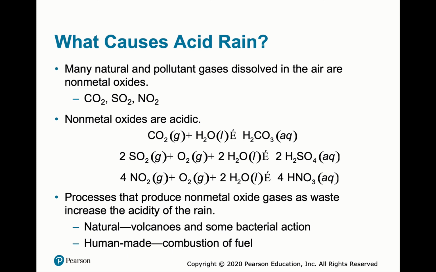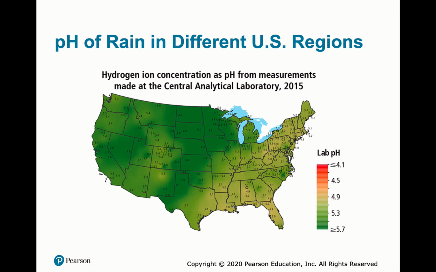But the anthropogenic human sources can increase the acidity of rainwater, and this is an issue for structures and also plant life. Living in Hawaii, there's a volcano there, and the plants are used to that acidic rain. But in other areas, plants are not used to it. So if humans come in and release the pollutants that cause acid rain, it can greatly damage the biosphere in that area. So here's the pH in different areas, as it has been measured.